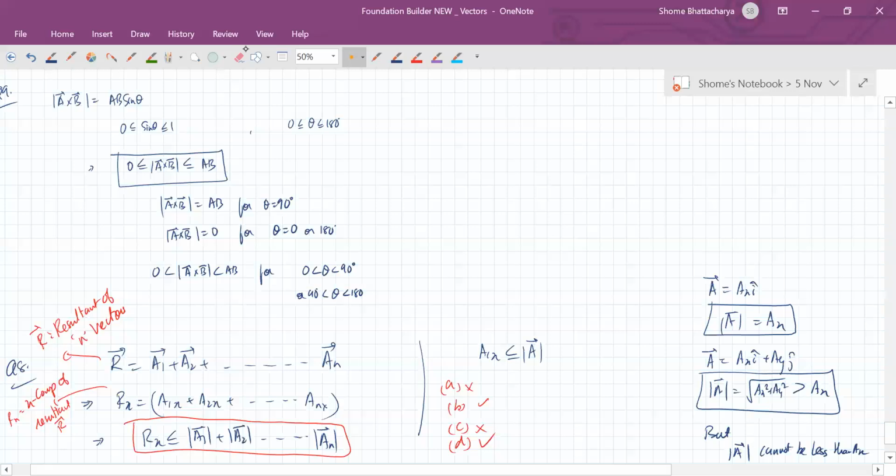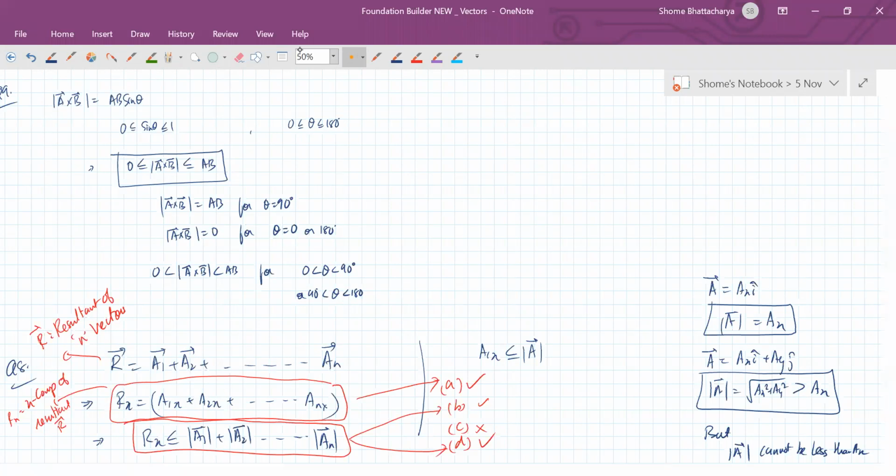It's saying that it is equal to the sum of the x components. Yes, so that's correct. So option A is also correct because the x component of the resultant is equal to the sum of the x components. So that's also correct because this statement is giving you statement E, and this is giving you the logic of both statement B and statement D, and it's showing you why C is wrong. Is it clear, Kushi?